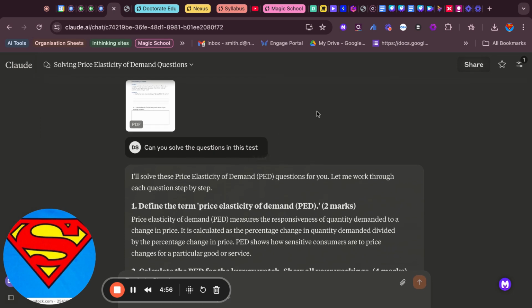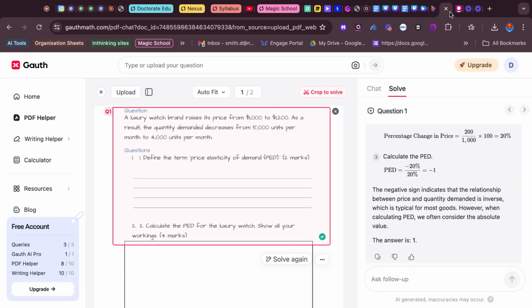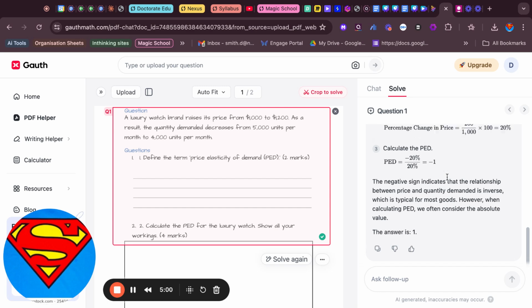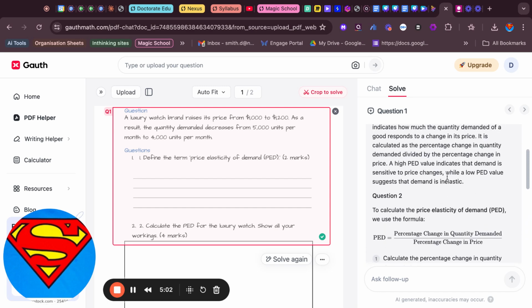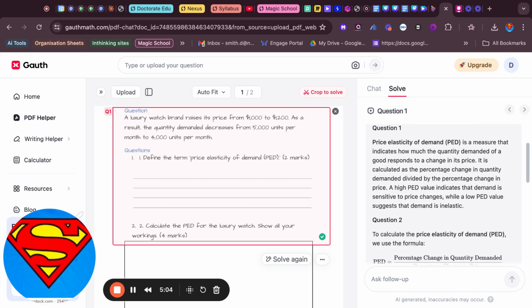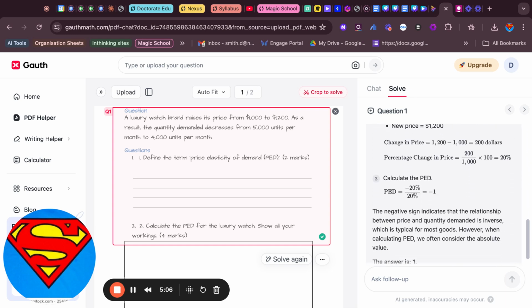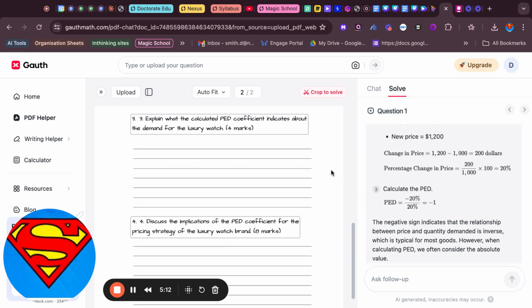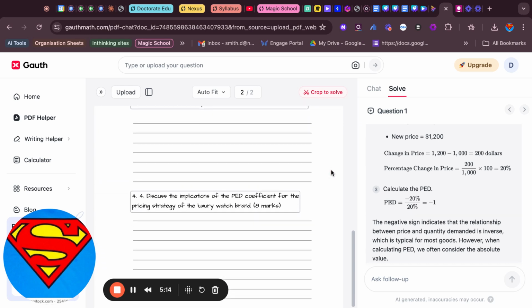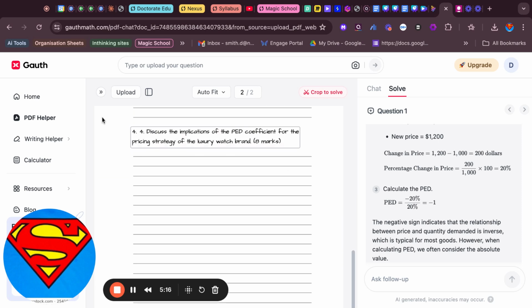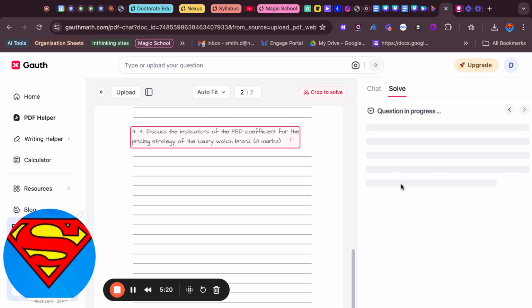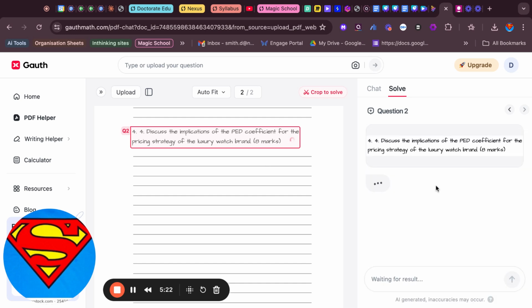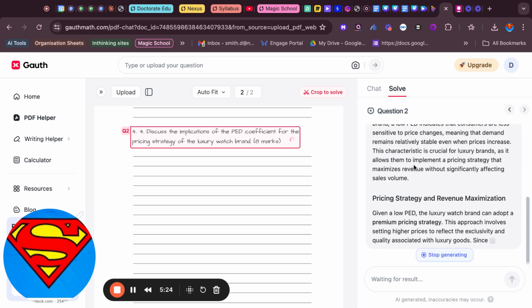And very useful for me, but also very useful for my students. So why it did it that way, I'm not entirely sure. I do wonder what the engine is that drives this, whether this is a version of ChatGPT that's perhaps an earlier version, right? It equally might not, okay? So if I instead go to this question here and try and solve that one, let's see what it comes up with for that. So this is discuss the implications of the PED coefficient,